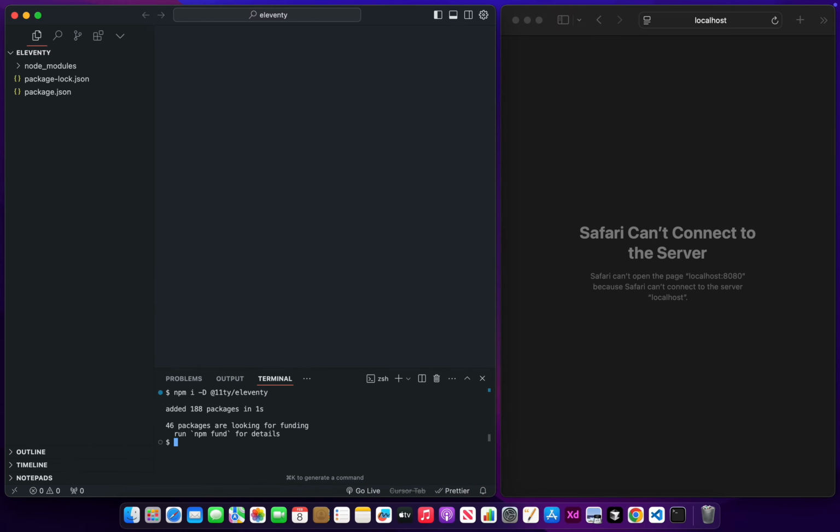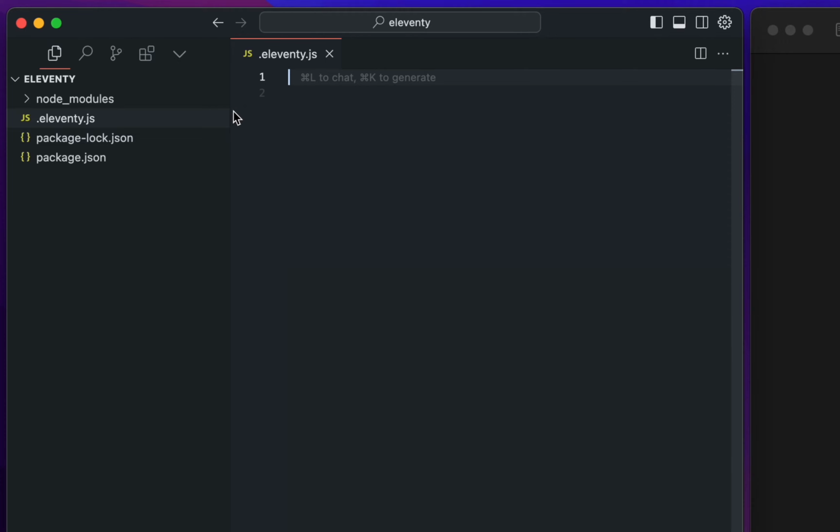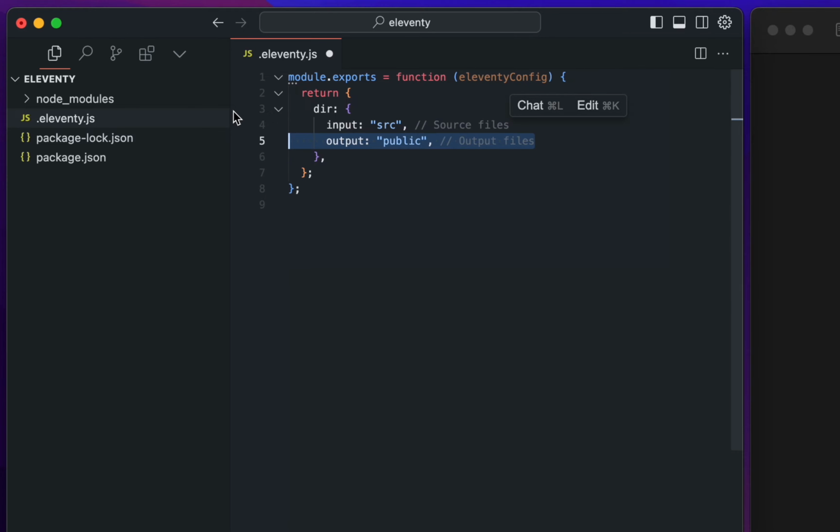Once it is installed, create a file called .eleventy.js in the root of your project. This file allows you to configure the project. Here, export a function with the argument eleventyConfig, then return an object that specifies the input and output directories. In this case, Eleventy will look for source files in the source folder and place the generated output in the